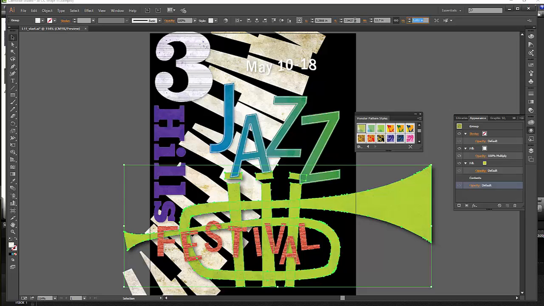trumpet. The only reason that you had for this was to make sure that scale strokes and effects is checked. Mine was already checked. Yours probably wouldn't have been. So you needed to go back in and make sure that that scale was checked. If you followed what I did and you did not do that, just hit undo. Go back to File, Undo, or Control Z to back out of making that larger. Check this and make the change here in the drop down. I like to use my scale strokes and effects almost always turned on, so I expect those things to scale